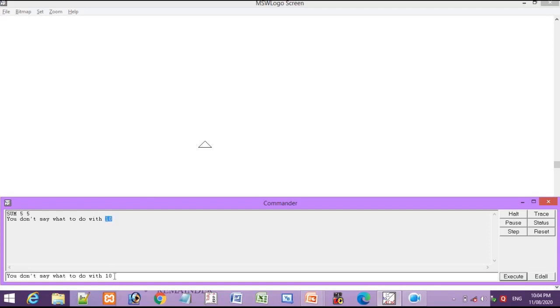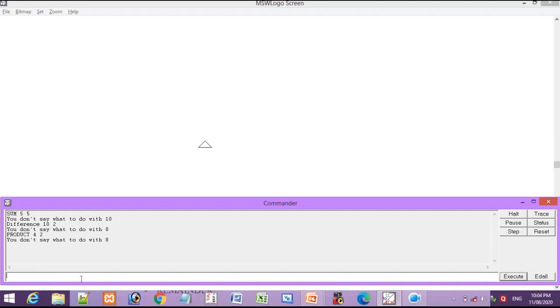Okay. In the same way, if you want the difference, means if you want to do subtraction, just use difference 10 2, 10 minus 2. Okay, the answer will be 8. So here you can see that 8 is displayed. Okay, in the same way, I want to multiply two numbers. So product 4 and 2. 4 2s are 8. So here 8 is being displayed.